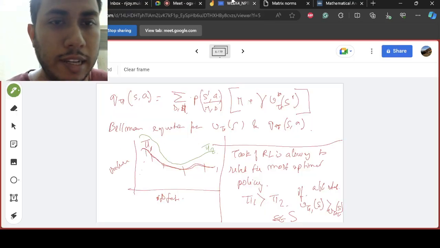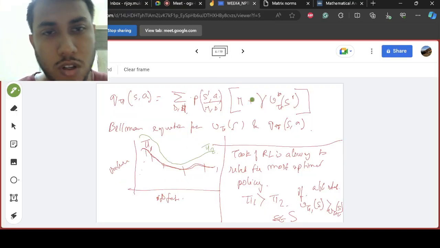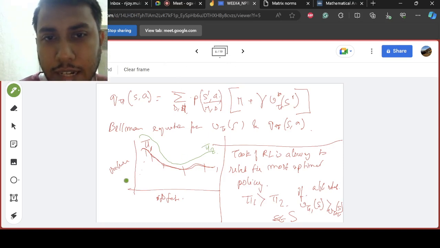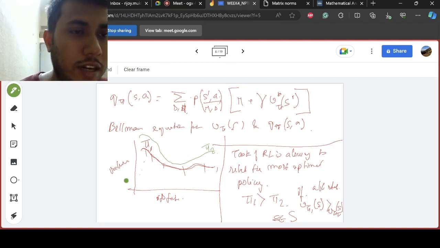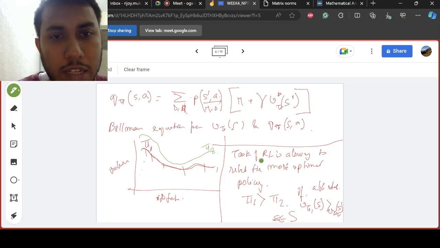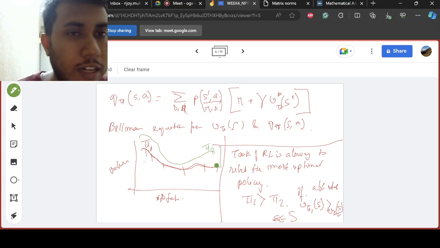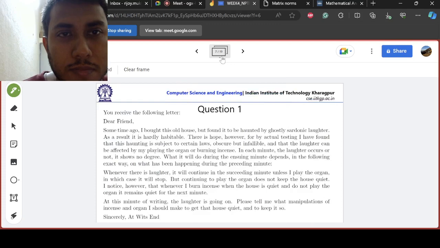Now the theory says that it is always tough to find an optimal solution like this, that there exists such a policy which at each state is better than every other policy. So I mean to say getting such a clear graph is very difficult. So in most cases,